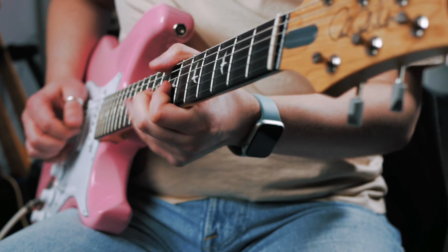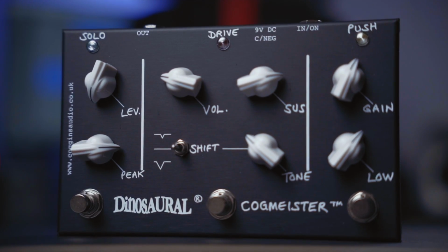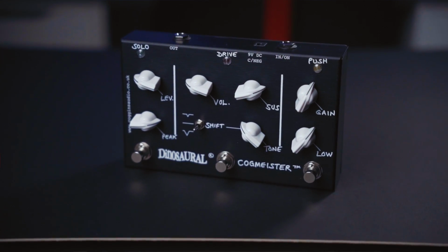So as I said, the drive section is loosely based off of one of Dan's older Dinosaural drive designs. It's kind of ampy, but it's definitely not an amp in the box sound, but it also has this fuzziness on the top end when you start cranking it. Warm boosted tones all the way to harmonically rich saturation. This pedal can do it all, and it's so well tuned to do all of it. Interestingly enough as well, no matter how much gain you load into this drive pedal, it still remains incredibly defined and clear. Three simple controls: volume, sustain, which is our input gain, and then tone, along with a three-way